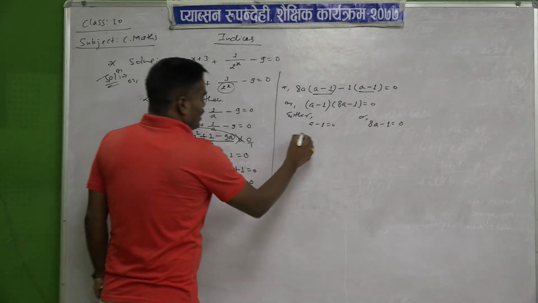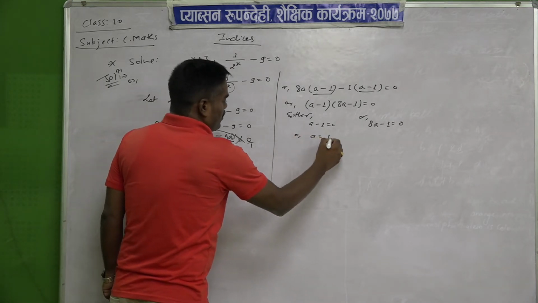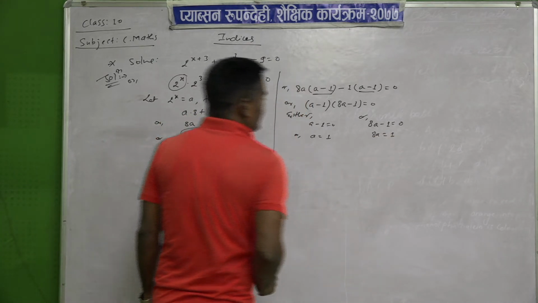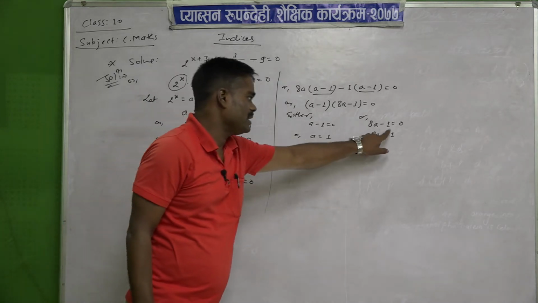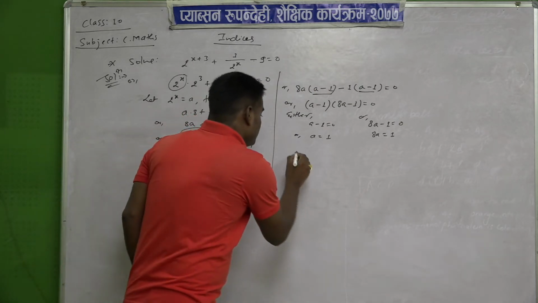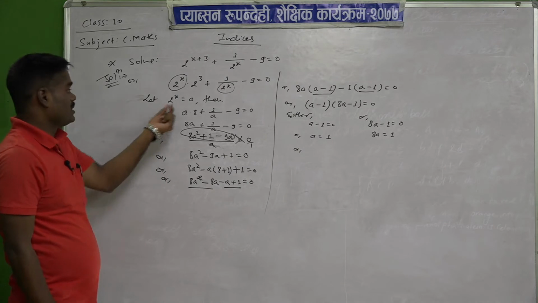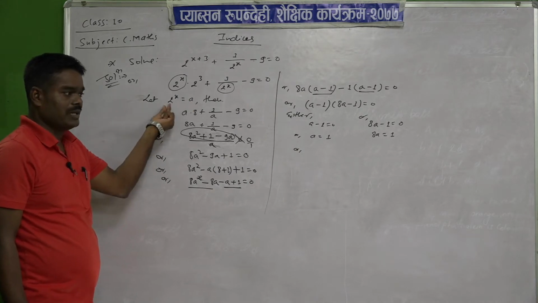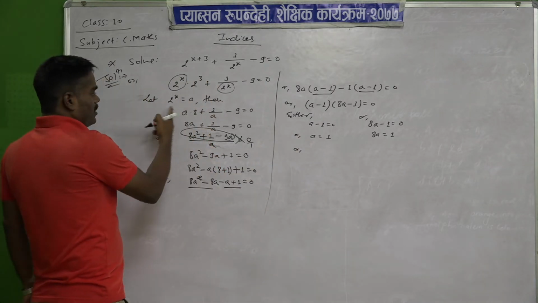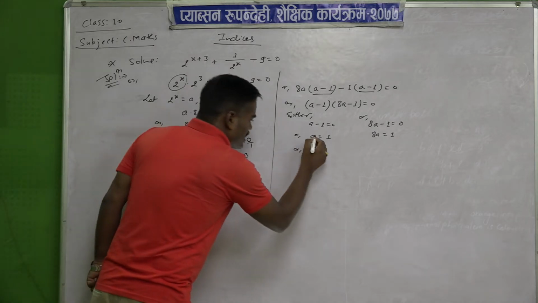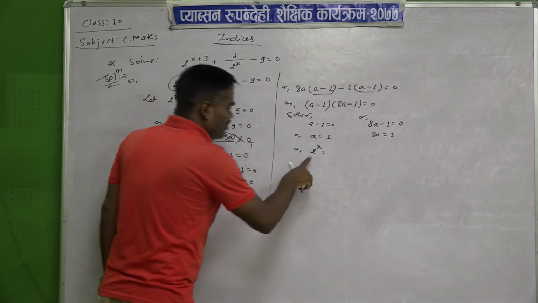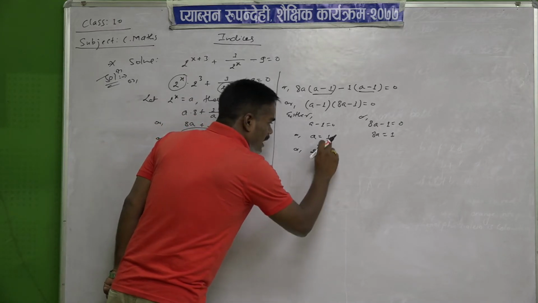So now here a equal to what? 1, and here 8a equal to what? Plus 1. While transposing, here it is a minus sign, so while transposing it became plus. See here, we supposed the value of a is 2 power x, and we have to find the value of x, not the value of a. So in place of a, how much did we suppose? 2 power x. So in place of a, write 2 power x. And you know what is the base here? 2, and what is the result here? 1.